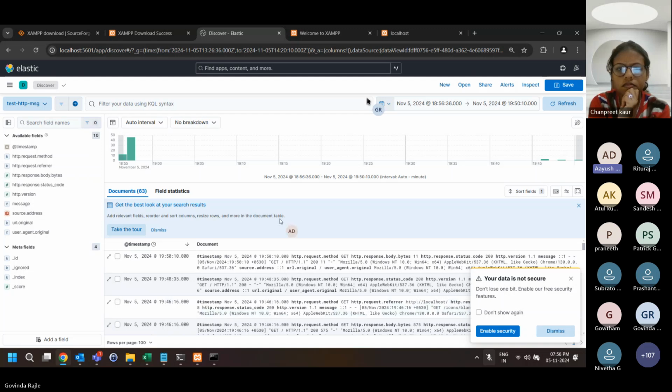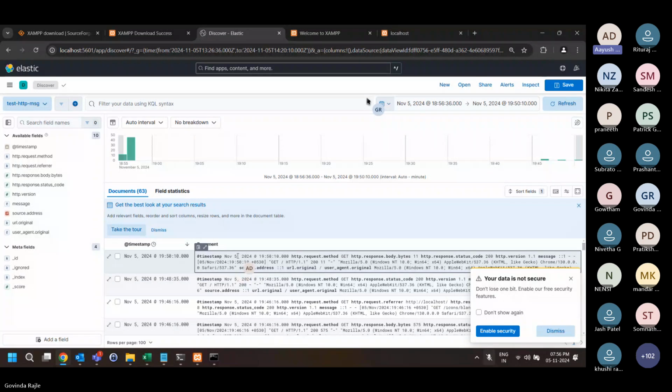Right now, this is a plain view, where none of it is being parsed. Everything is being seen as flat, right? So what we'll do is